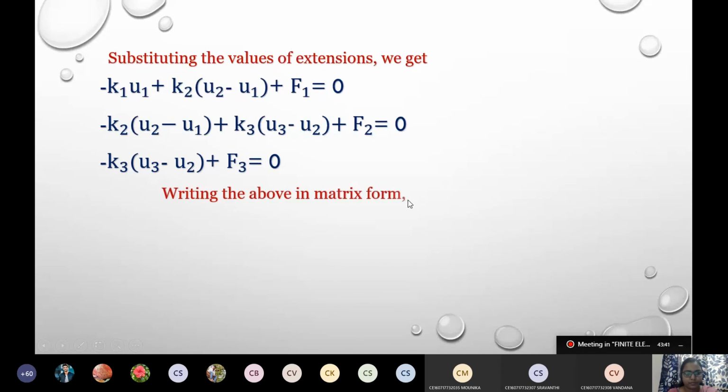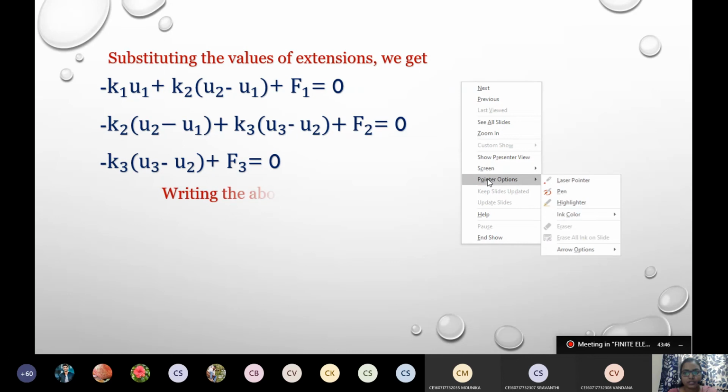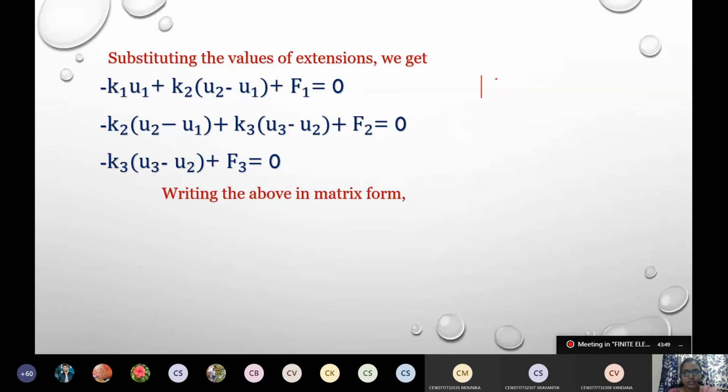All right. Now we know that we have equations like Ku = F, the generalized matrix form where we can reach. So from the equations we already have, what you must be doing is just substitute. You have to rewrite these equations where you can take K terms common and U terms common and all the F terms to one side. Just rewrite that and write it in form of a matrix.